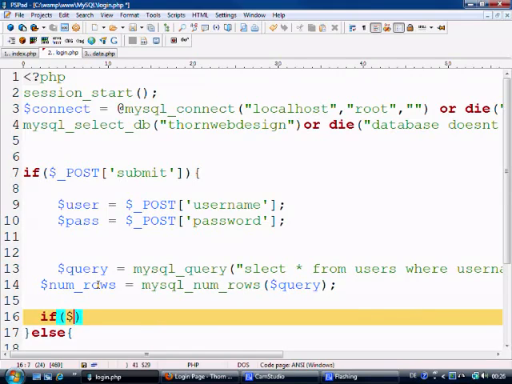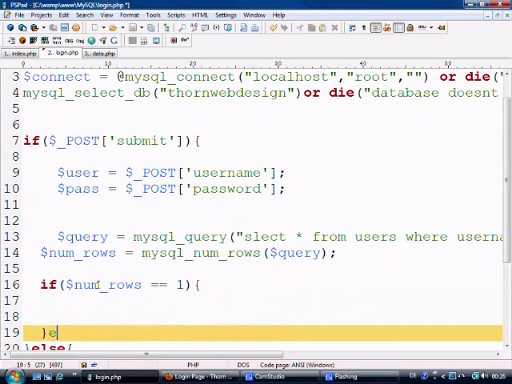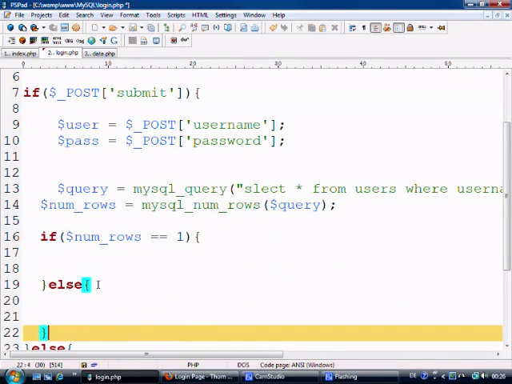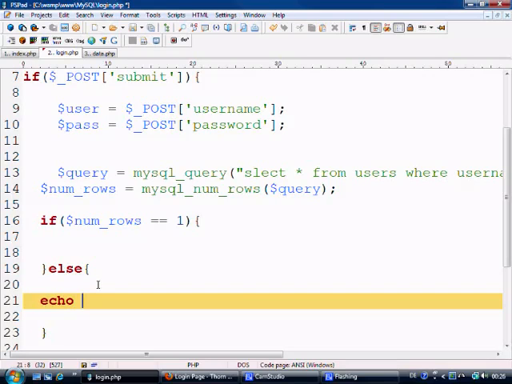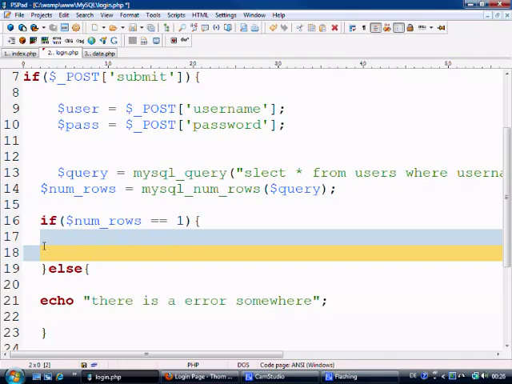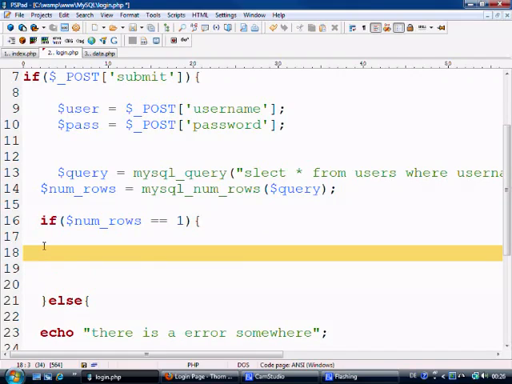And if num rows is equal to 1, then do this, else, basically, I've made an error. There is an error somewhere, so we know it doesn't work. Okay, so if num rows is equal to 1, then what we want to do is header